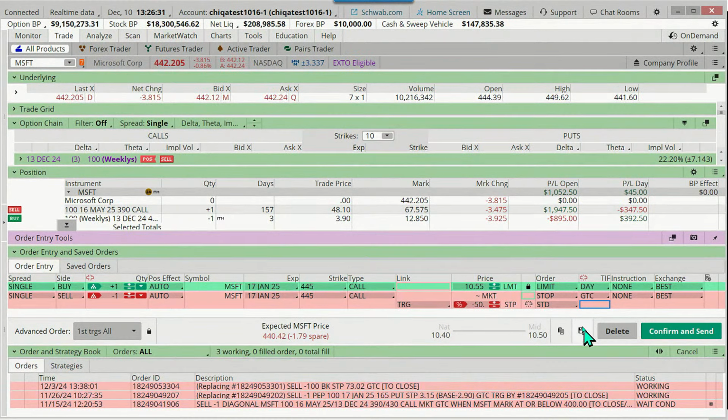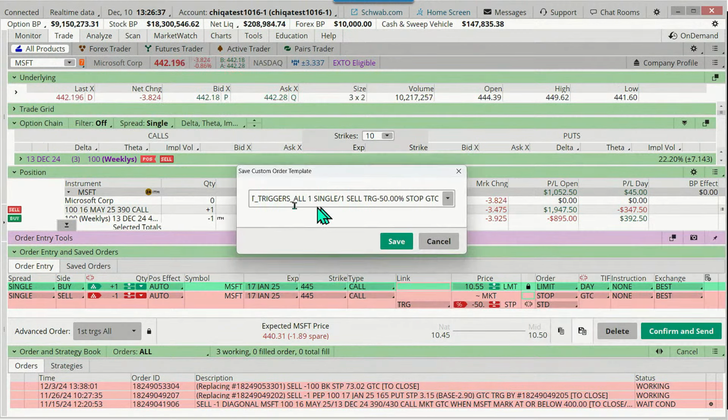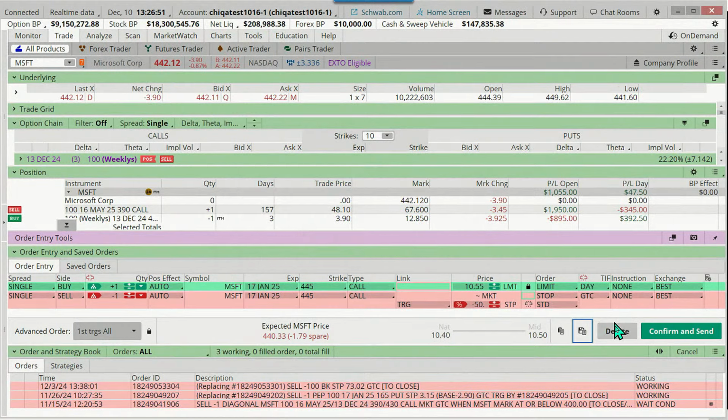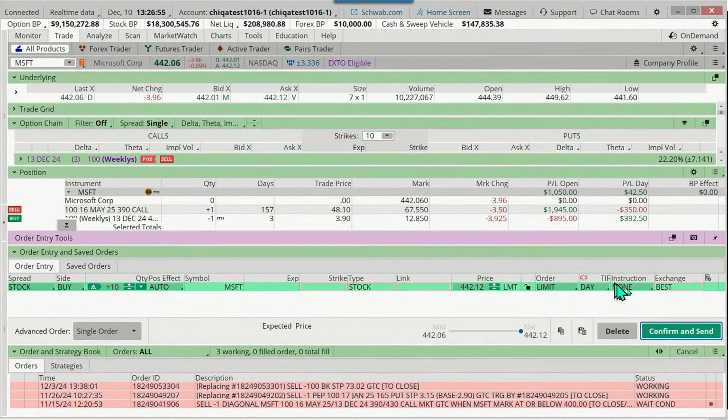And I can click right here on this. When I click here, it brings up a window. Let me just move that over. And this is a custom order template that I can save. Now you can create whatever kind of order you want here, but you click right there and then you save it. And then in the future, when you come back and you click here, what you can do is